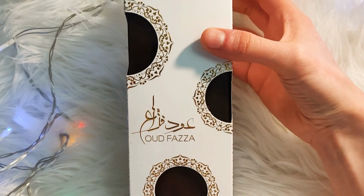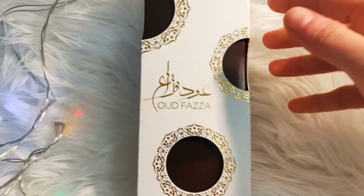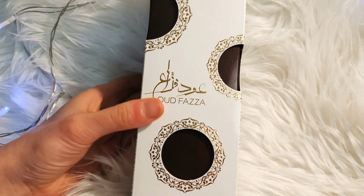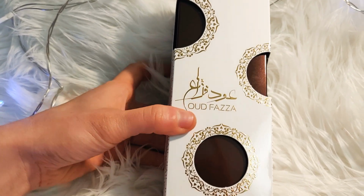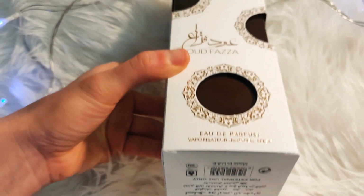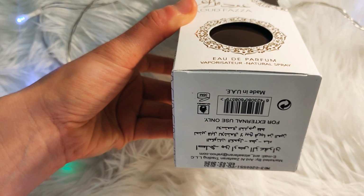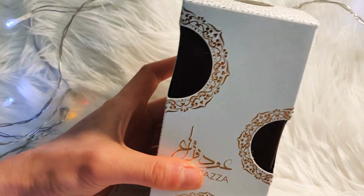So this perfume guys, Oud Faaza, is by Ard Al Zaafaran. I heard that this particular perfume can be slightly on the stronger side, but you never know. Once you open, once you try, you never know. But that's the Ard Al Zaafaran brand. It's made in 2020 I think, expired 2025,